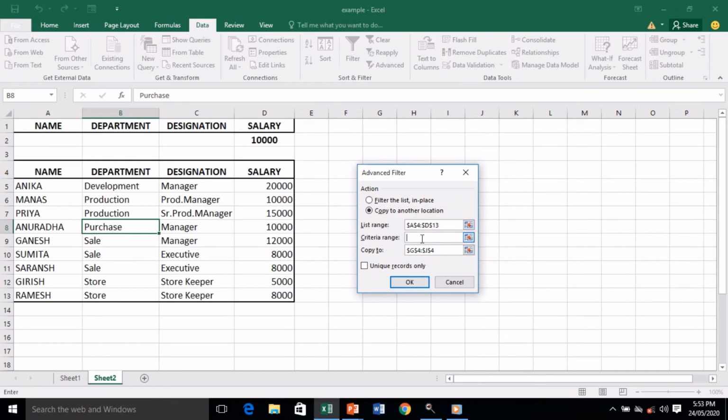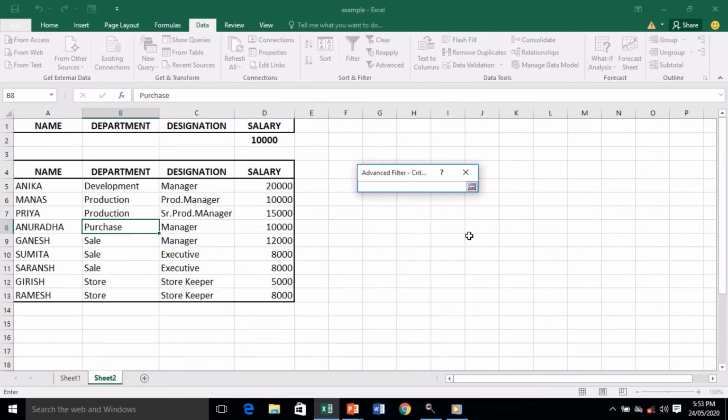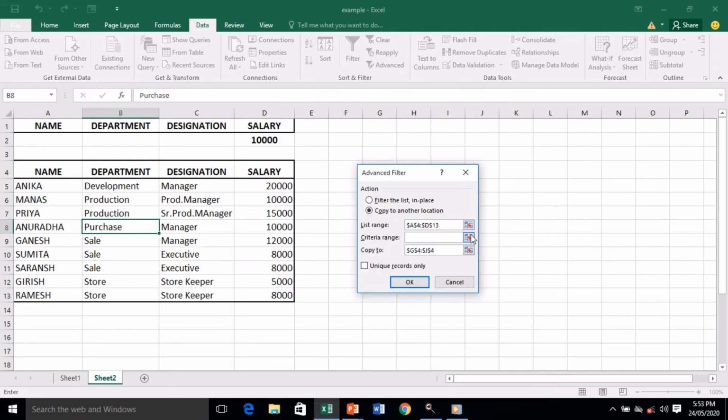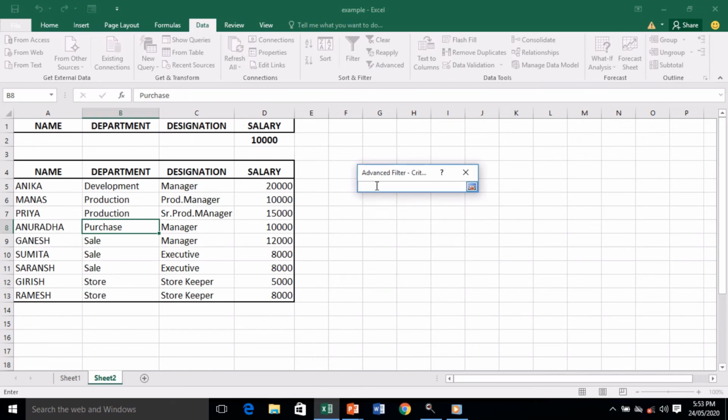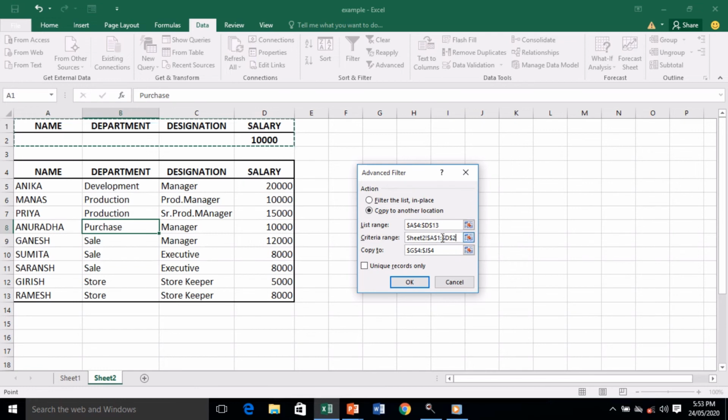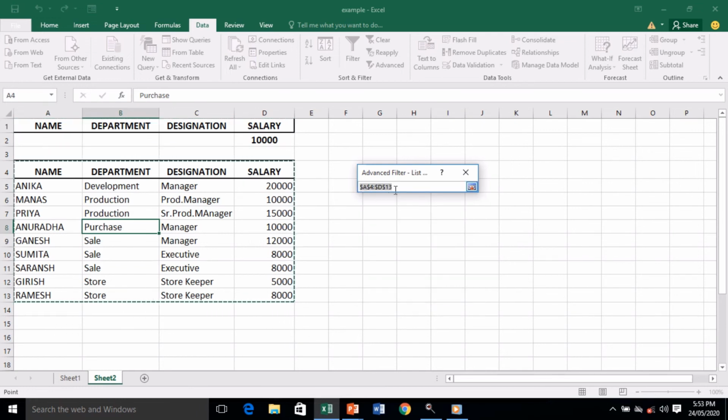We'll go for a criteria range. Now criteria, if you are not aware what to type in this, we'll click on this box. Fine. I have just clicked on this box here. So now I have to type here the address. In that case, I can drag my mouse. See, I will select the area and automatically the moment I select the area, the address is coming here. Cell address will appear in this place. So that is a plus point for you if you're not able to type it out. If you don't know what to write here, we will simply drag this mouse here.